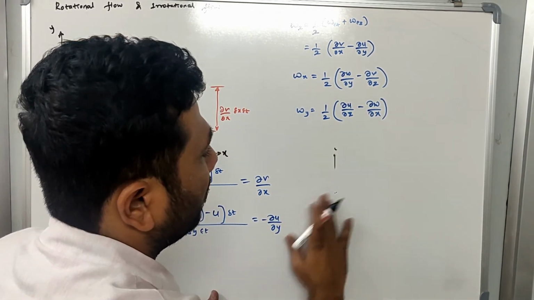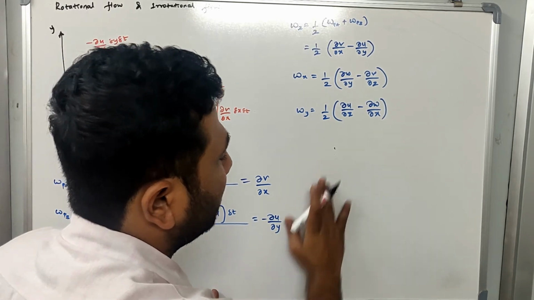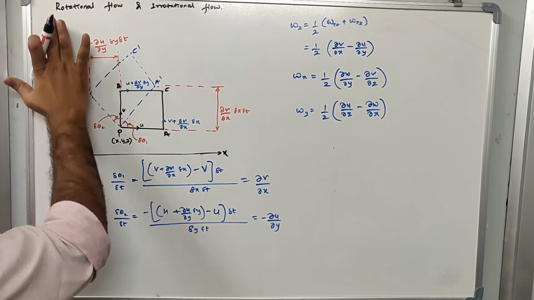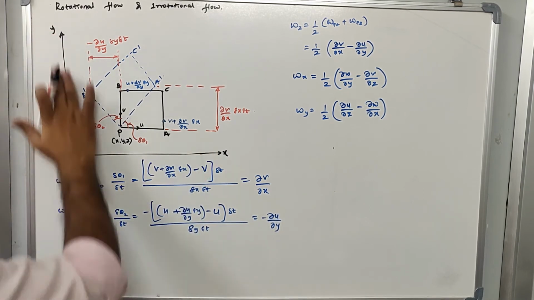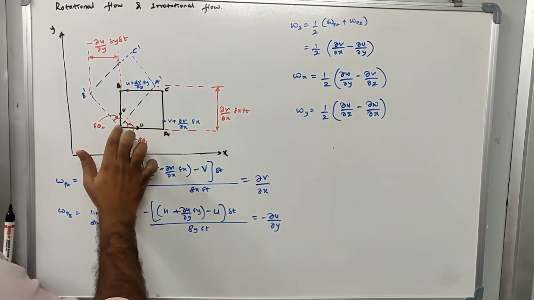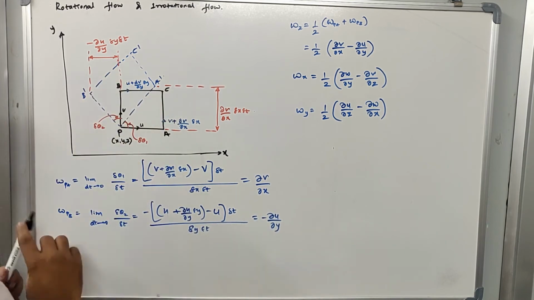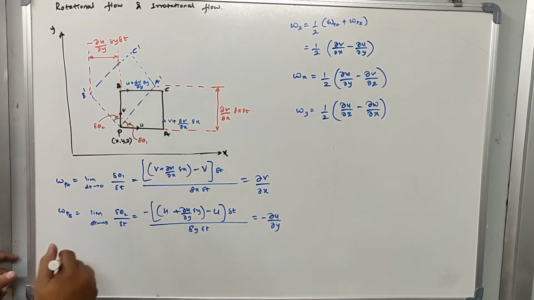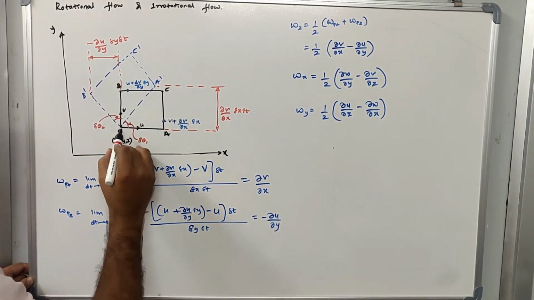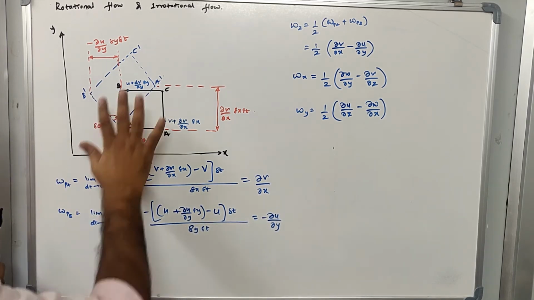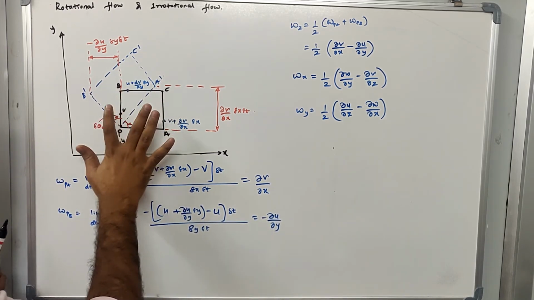Here I'll take the plane of x and y. So this is my plane x and y. This is x direction, this is y direction. This is the particle which is rotating about its mass center. Assume that this is your mass center. This point P is the mass center and it is rotating like this. There are two lines that we can draw. This line I'll call PA, this I'll call PB. This is the original position when it is at the origin.